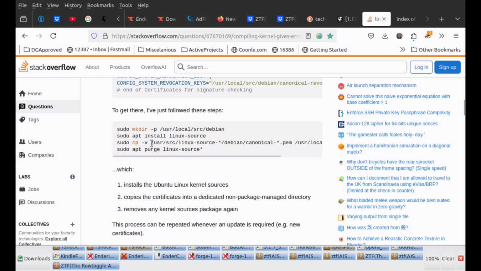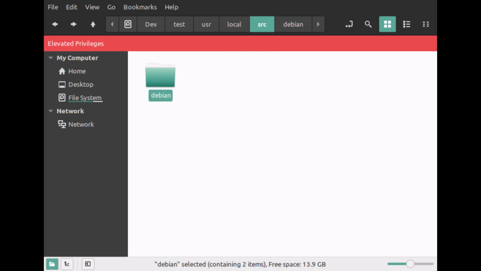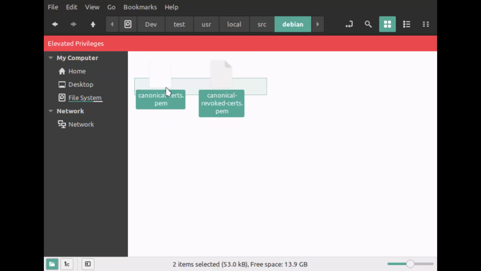So because both of these contain the word canonical dash, we can place a star to say anything that contains canonical dash. That'll include certs and revoked certs as well. Coming back over here, Linux source, user source, Linux source, so on and so forth. At any rate, you would follow this guide to copy these files right here